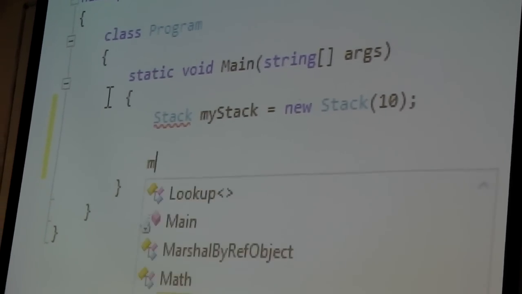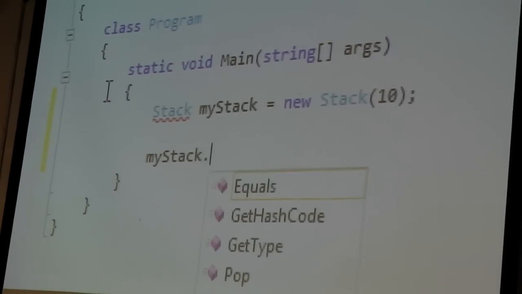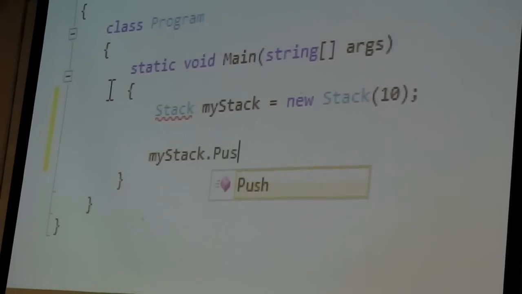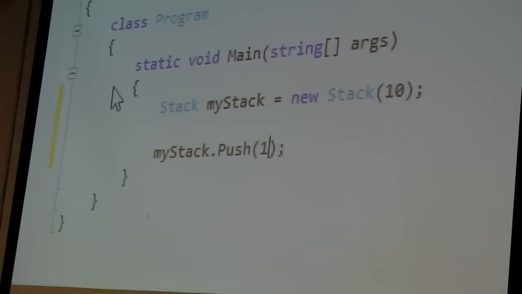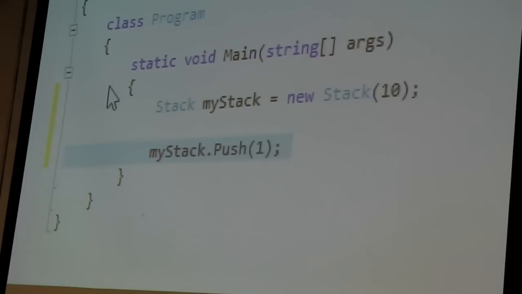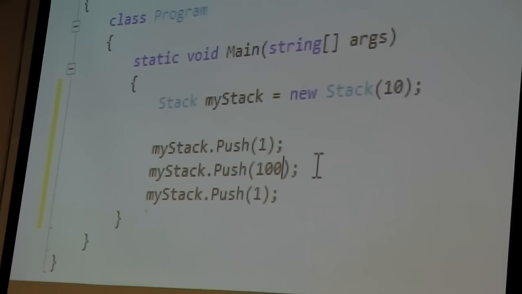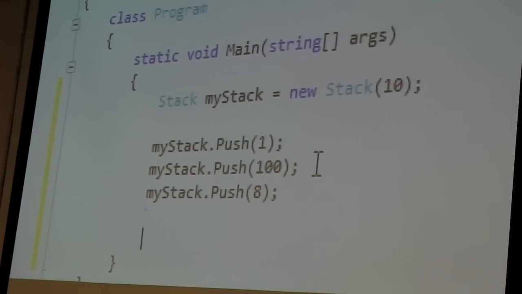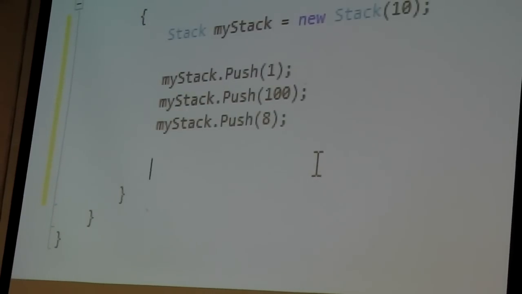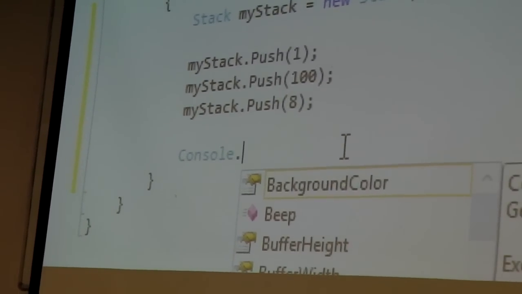So we'll push something onto it, my stack dot push, and we'll put a few different things onto it. We'll put 3 values onto the stack, and then we'll pop 3 values off the stack. So I can push 1, let's push 100, and let's push on the value of 8. So now my stack has got 3 elements on it, and now I want to pop 3 elements off the stack. Console dot write line